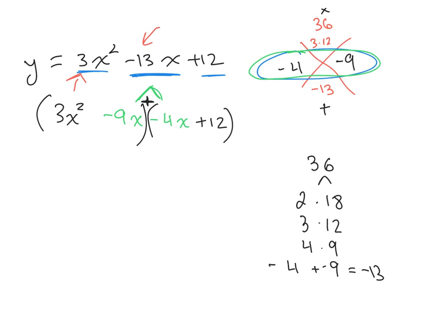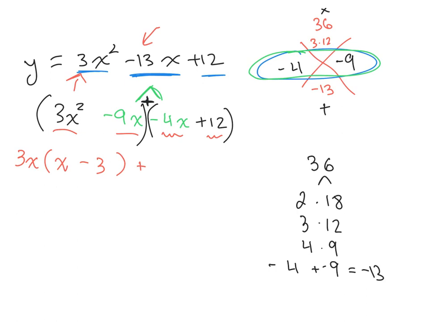Okay, so now let's do some factoring. So from 3x squared and 9x, we can factor out a 3x. Okay, so I'm going to write 3x. Now I've got to figure out what goes inside the parentheses. So 3x squared divided by 3x is x, and 9x divided by 3x is 3, so that becomes minus 3. Now, moving on to the next binomial, 4x and 12. The common factor there